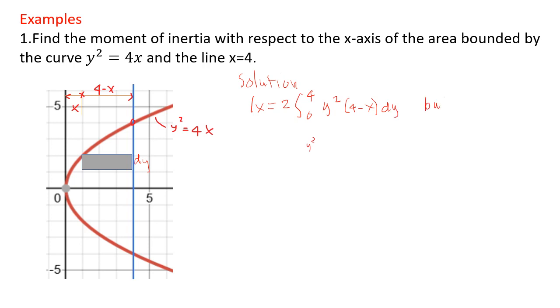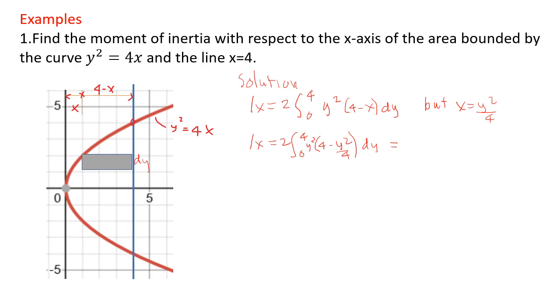But x equals y squared over 4. We have I x equals 2 times the integral from 0 to 4 of y squared times (4 minus y squared) all over 4 dy,